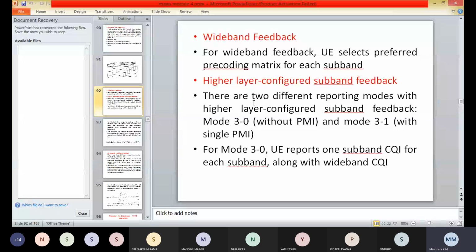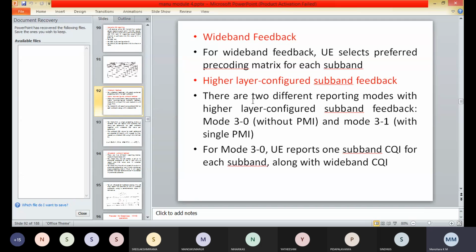Now in the periodic CQI reporting, there are 3 different periodic CQI feedback types: wideband feedback, higher layer configured subband feedback, and user equipment selected subband feedback. And there are 5 reporting modes.